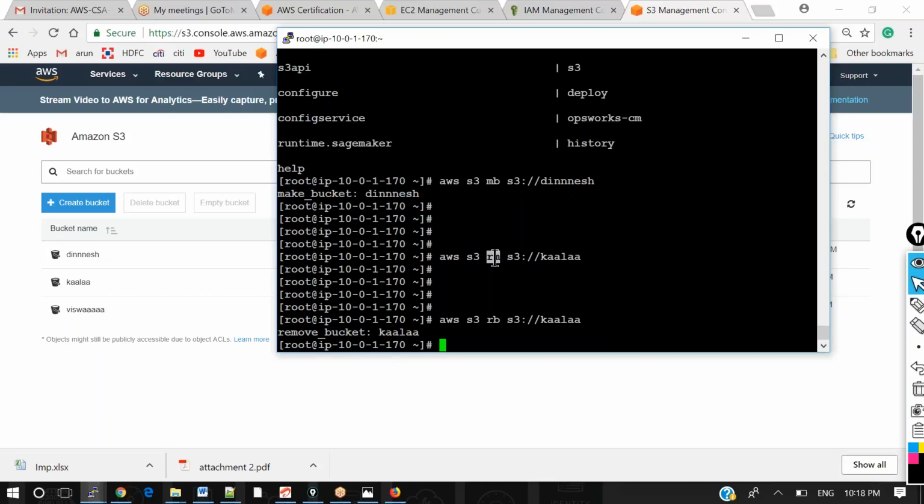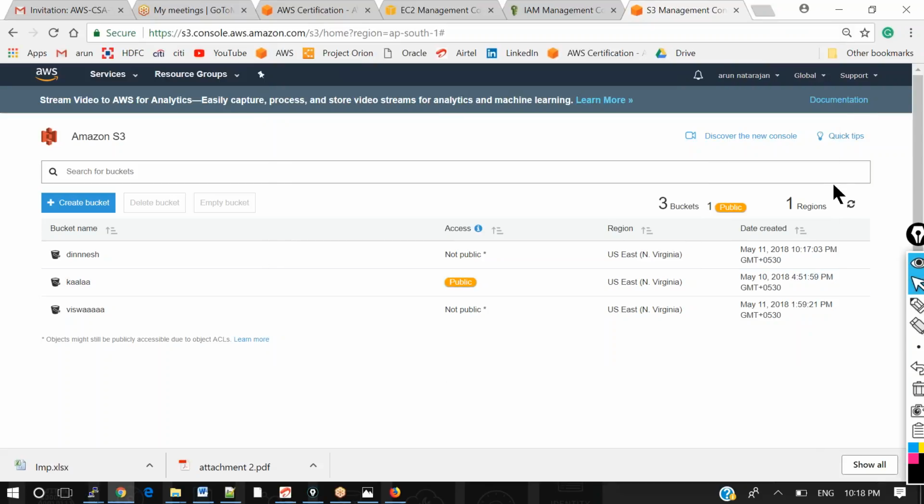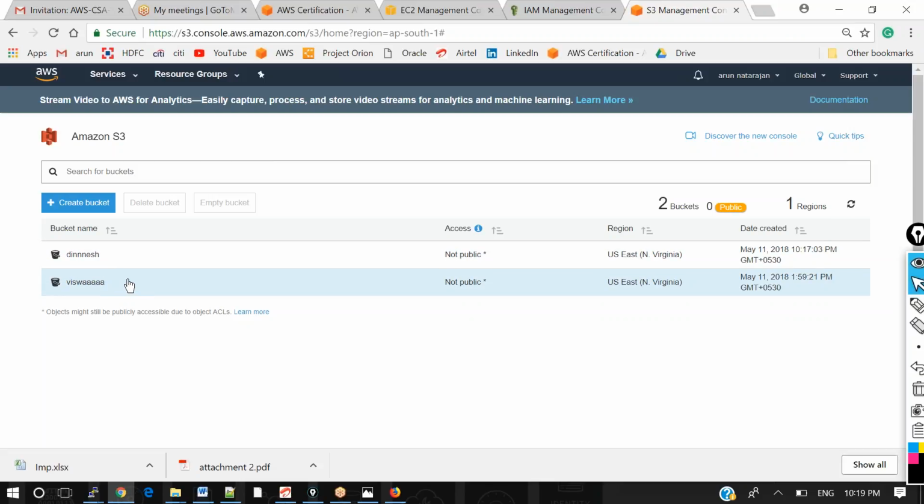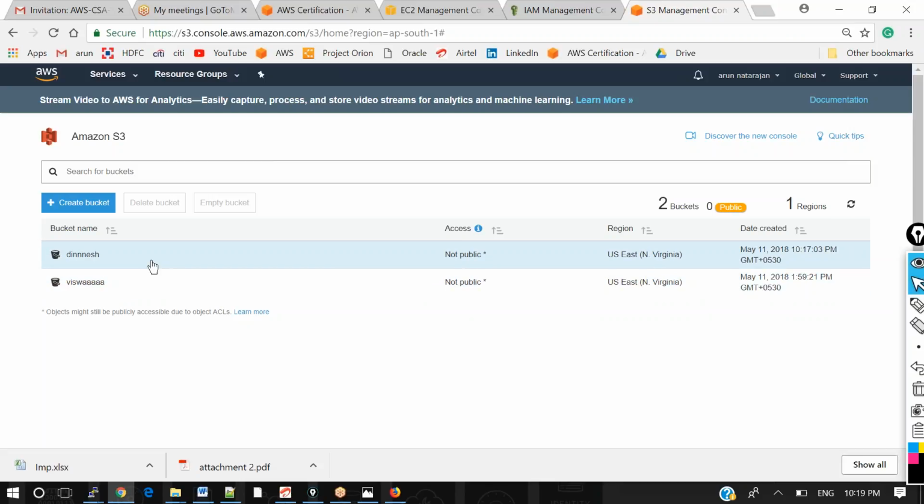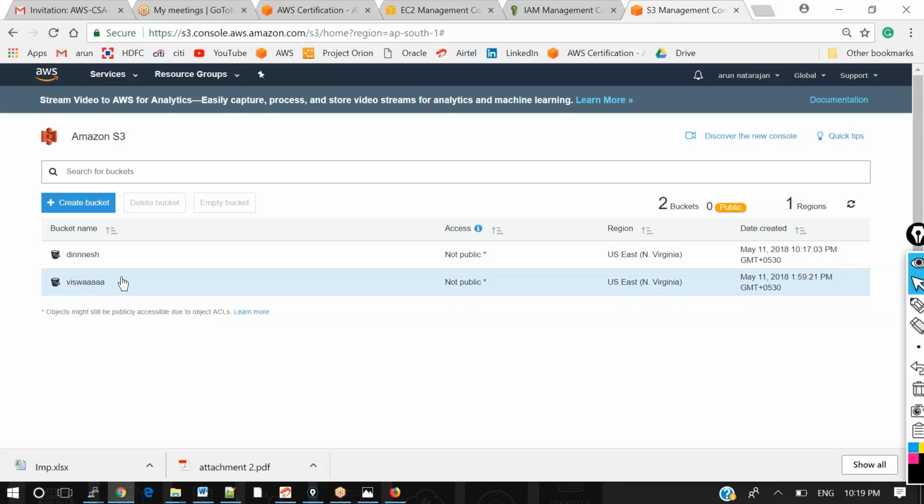If it is MB, it is make bucket, creating the bucket. And for removing it, I'm using RB. So now you can see I have removed the bucket Kala.